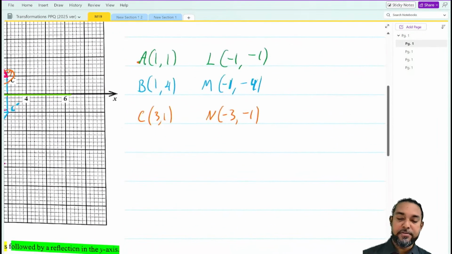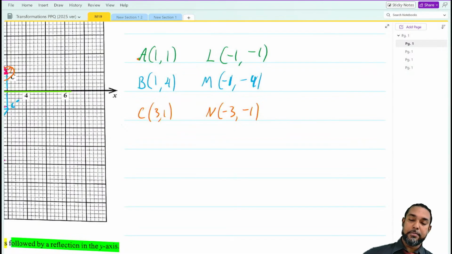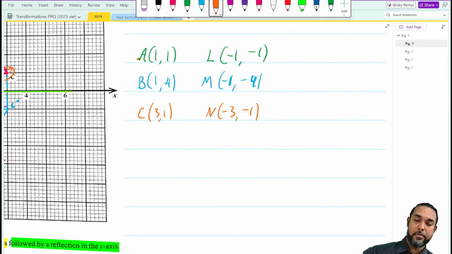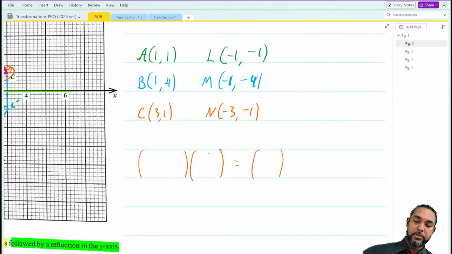Okay, so when we have a reflection in the X followed by a reflection in the Y, which is the same as reflecting in Y then X, or rotating 180 degrees about the origin, whether clockwise or anti-clockwise, we want a matrix, and how we want it to look is like this, right? So the coordinates, let's say, well, I wouldn't use A because A has the same number for X and Y, right? Let's use C. So it's going to be a 2 by 2 matrix. So we want to multiply to get that.